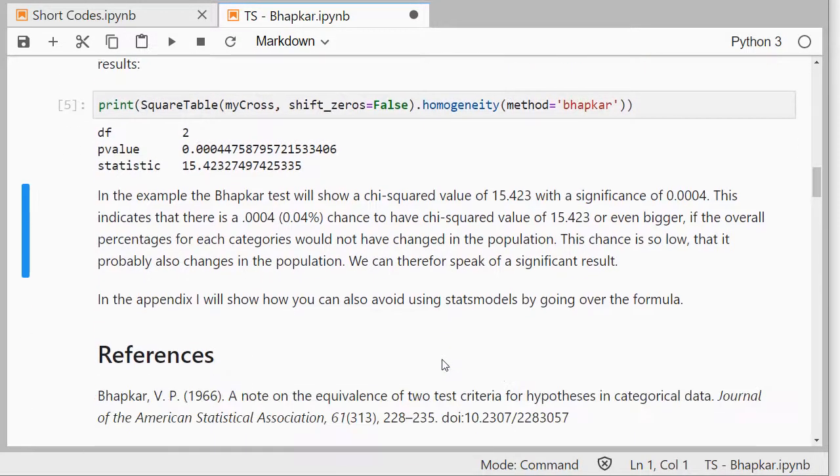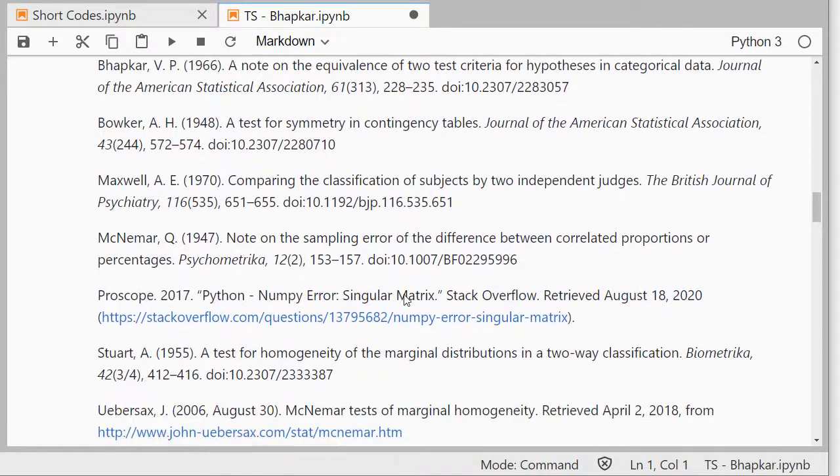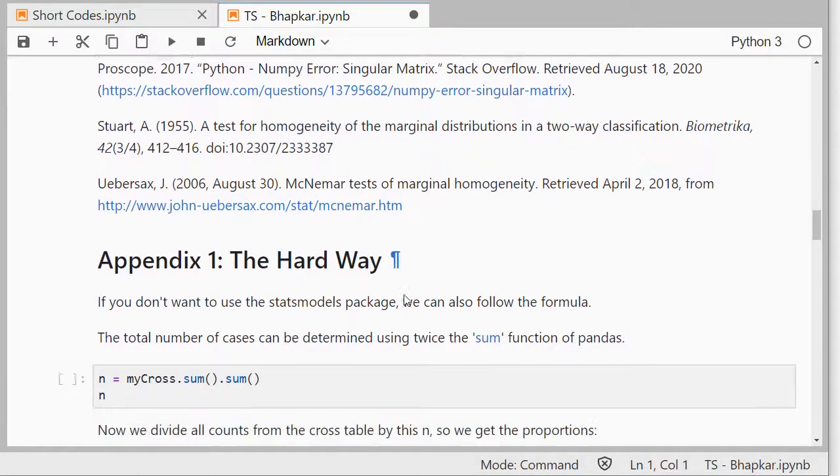In the appendix I will show you how you can actually avoid using statsmodels and go over the formulas, but in essence that was basically it. Here are the references that I've used, and just to quickly show you the